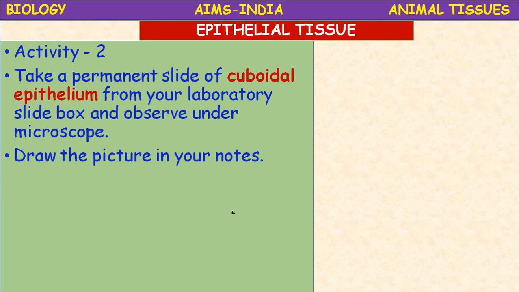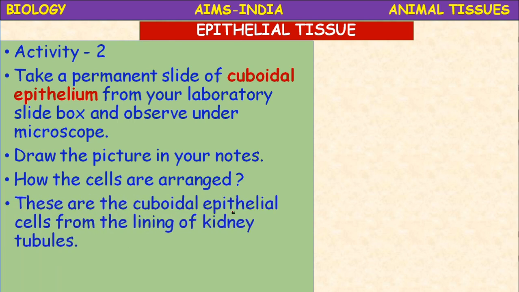Draw the picture in your notes, how the cells are arranged. These are the cuboidal epithelial cells from the lining of kidney tubules. They form the lining of kidney tubules,